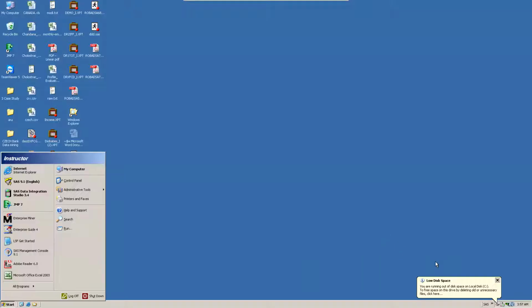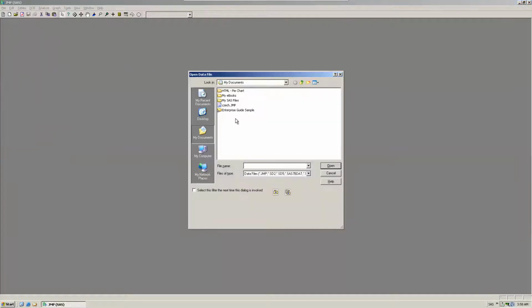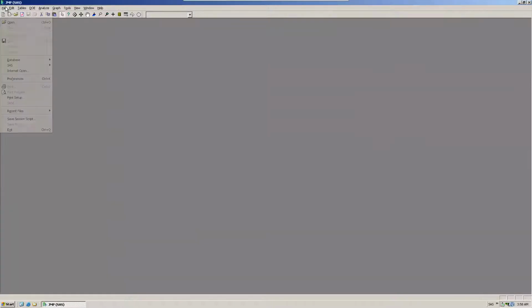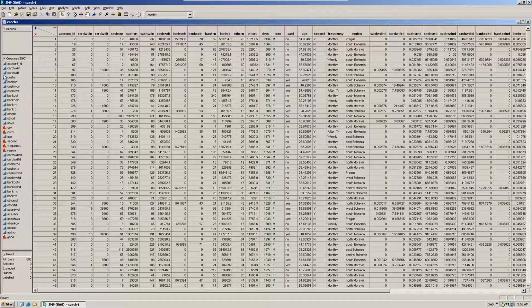Still it's loading. Please wait a few seconds. Meanwhile, this is one famous software for operational research and data science. I will open the data. Whatever bank data I opened, I'm going to open the same data, the case study data which I shared with you. The same bank data is available here. It's a JMP tool.